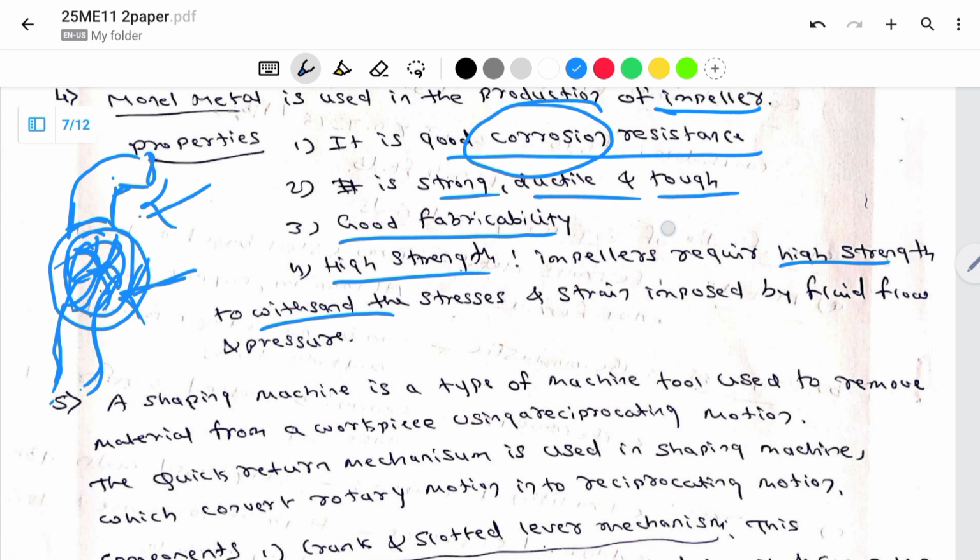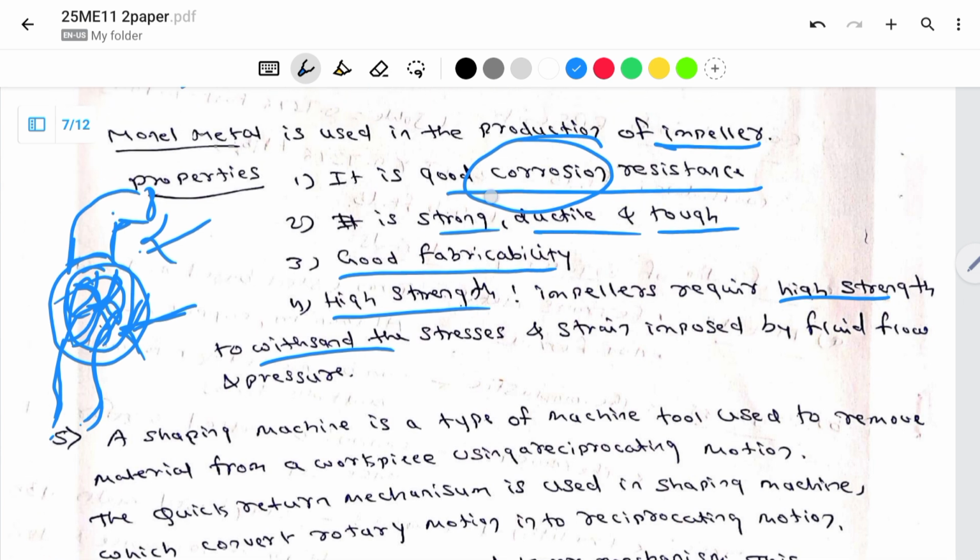Because of which there could be erosion of the material, or corrosion may take place. So in order to avoid those, in the long run, the life of the pump and the impeller should be long. To achieve that, the material has to be corrosion resistant. So that's why a corrosion resistant material is used. Nickel is one of the best corrosion resistant materials, and as the pump will be rotating continuously,